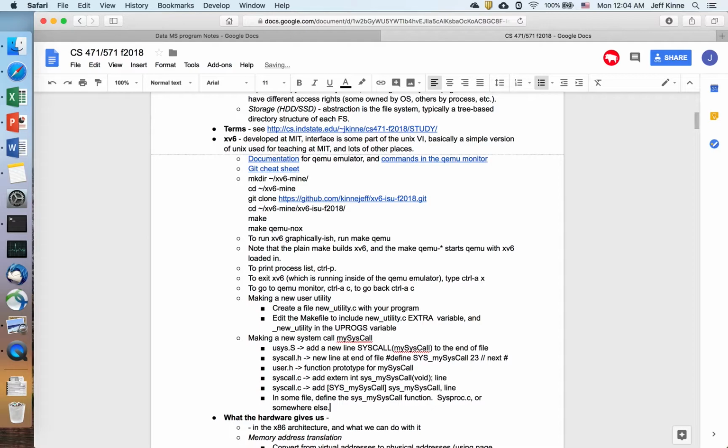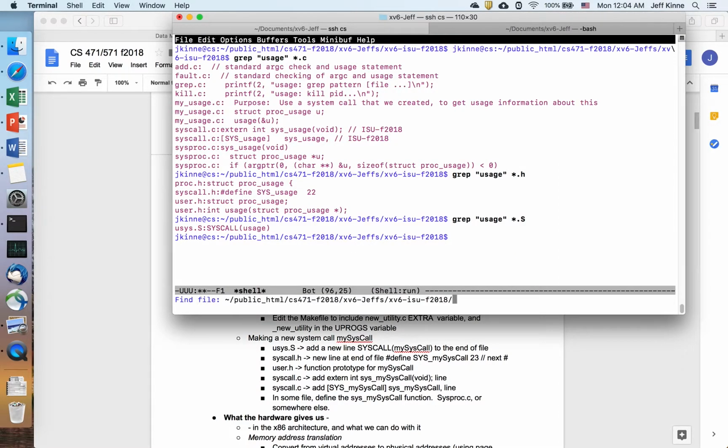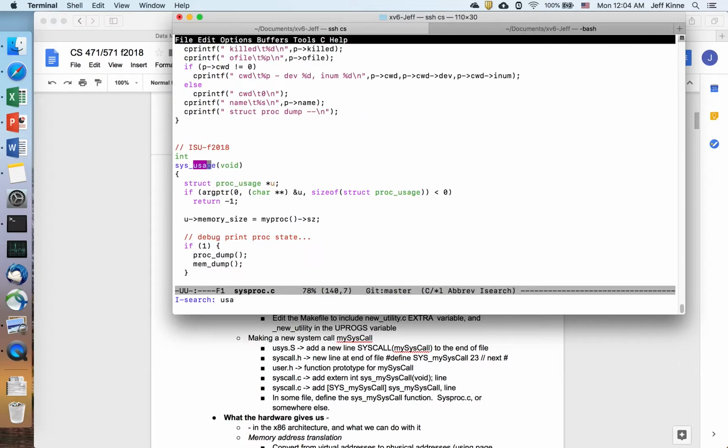It has to be defined somewhere. All right, so let's look at mine. Okay, so this is my function for doing usage. Let's go ahead and